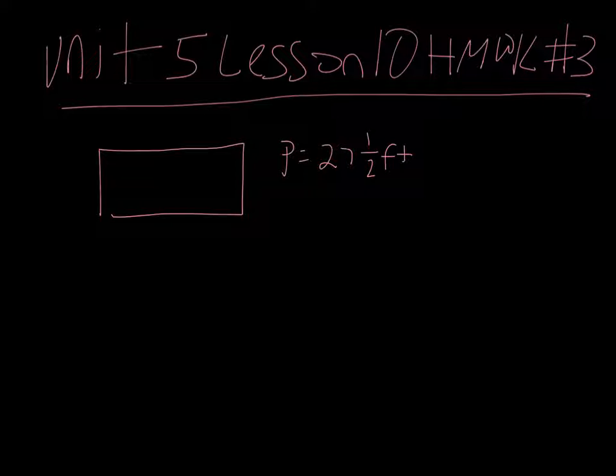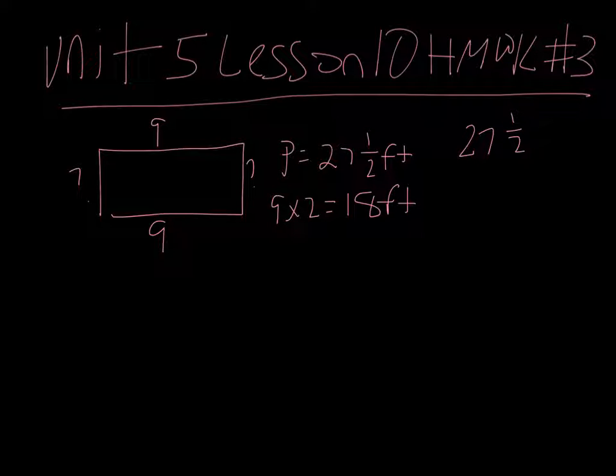And we know that the length is 9. Since we know the length is 9, we know that they have 2 lengths. And if we take those 2 lengths and we multiply them, the 2 lengths are 18 feet. To figure out these widths right here, we're going to do 27.5 minus. So we're going to take the whole perimeter minus the total of the 2 lengths,